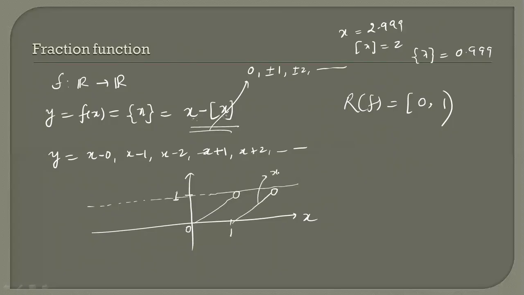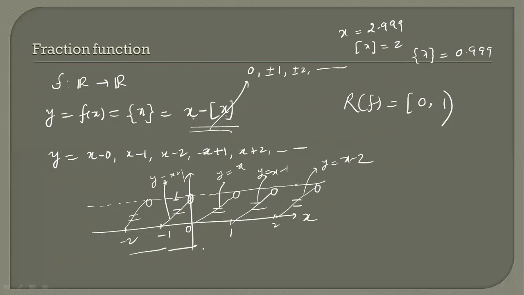This is the y equal to x minus 1 line. This will be the y equal to x line. Then again a parallel line, y equal to x minus 2 line. If you take the negative sign here, you will get y equal to x plus 1, and so on. You will get a parallel line system. These lines are parallel because the slope is the same. Tan theta equal to 1, it means theta equal to 45 degrees. The range of this function is between 0 and 1, and the graph repeats after each interval. After one interval, the graph is repeating. So it is a periodic function also. We will also study periodic functions after some time.